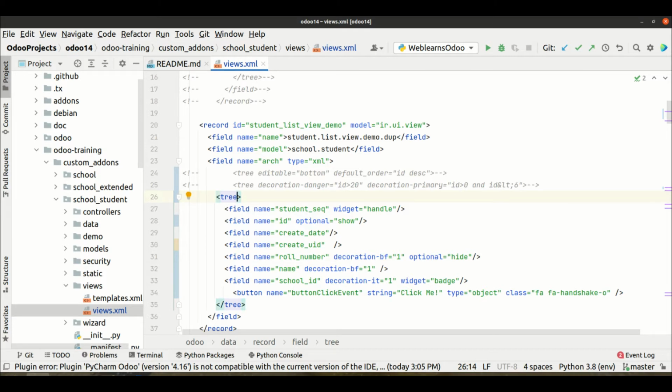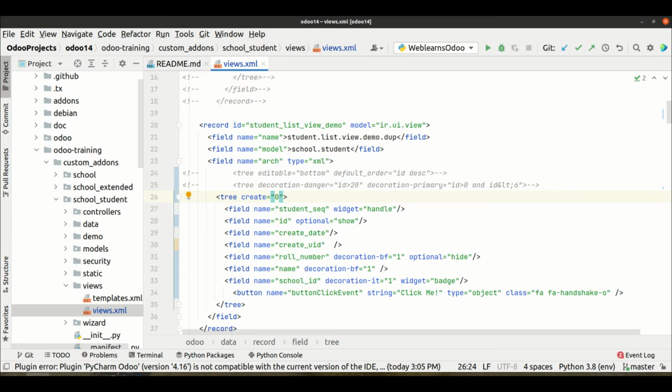So simply, if we need to hide the create option, then we have to use create, and here equal to, we have to mention 0 or 1. These two values are provided by default in the create attribute. By default 1 is true, which means it's visible, and 0 means you can hide the create button option here.